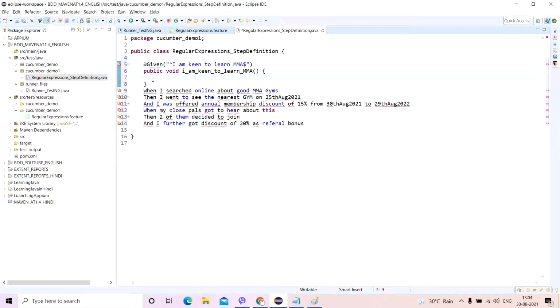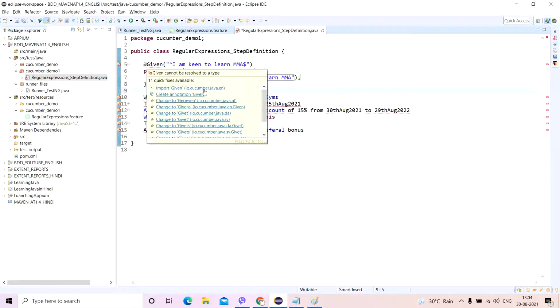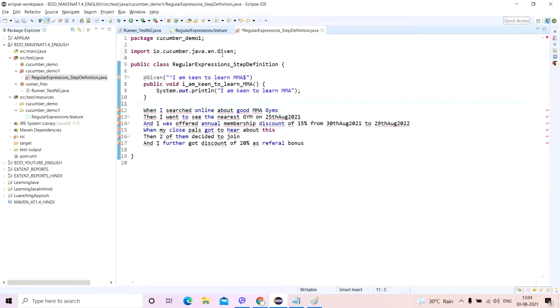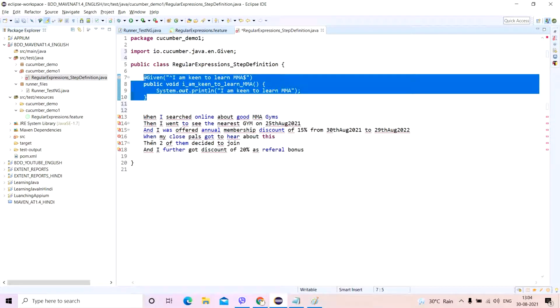Now you can give curly braces, and you can copy this step here. As simple as this. We know this, there is no problem. Now @Given, we will import it, io.cucumber.java.en.Given. This is fine. Now similarly, we'll have to do all these exactly the same way. The one I have done for given, you'll have to do it for all these.